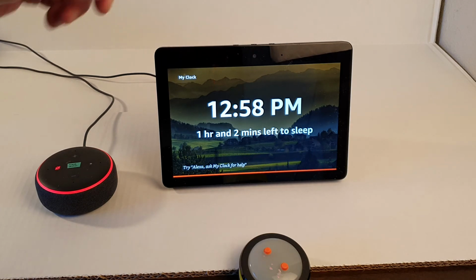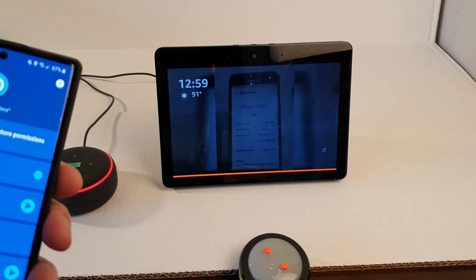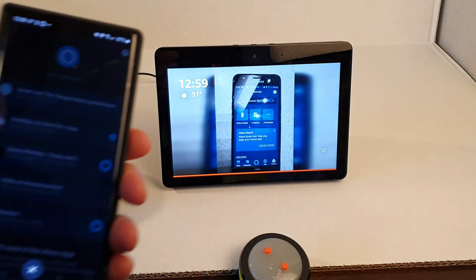What you can also do in an Alexa routine is, what I do is I have it trigger by the motion sensor that turns on my lights when I go to the bathroom. And so it lets me know in the middle of the night, hey, you've got to get back to sleep. You've got this much time left. And just one other thing. I don't think you'd want to do it, but oh yes, it also works on a Fire TV. But on your phone, you could say, my clock.